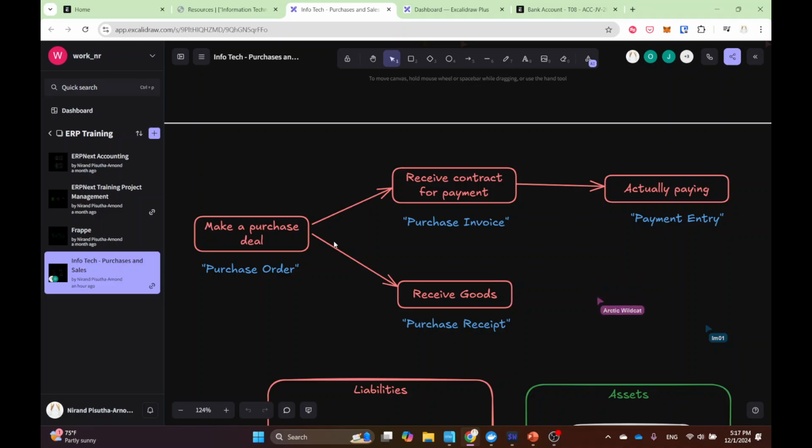So the term in blue is the terminology in the software. But what it means is that you make a deal with the supplier, right? And then from this deal, you have two choices. The first choice, the first process, is actually about money, right? So first, your supplier is going to ask for your money, and they are going to send you the contract that binds you to pay. And usually that's called